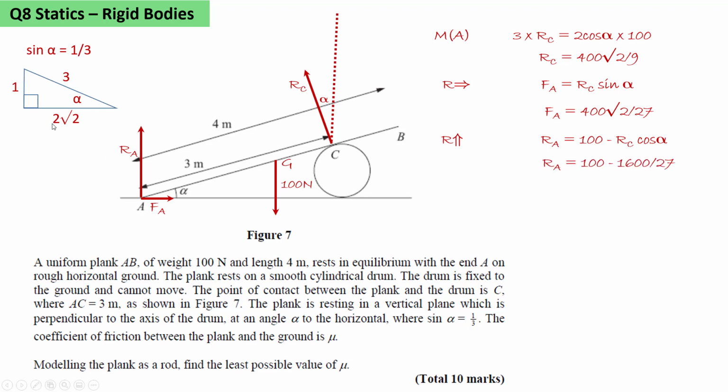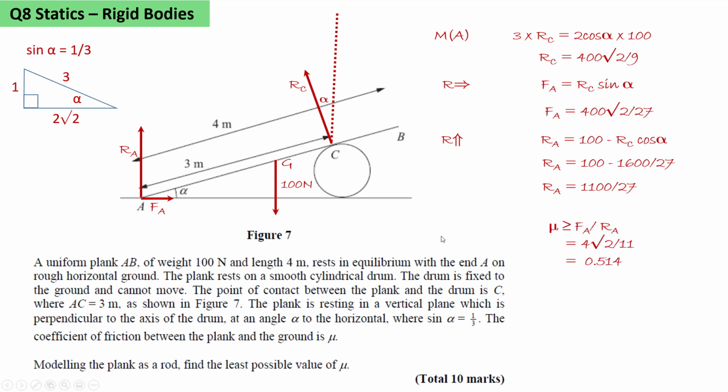and we substitute 2√2/3 for cos alpha and 400√2/9 for RC, to give us RA equals 100 minus 1600/27,